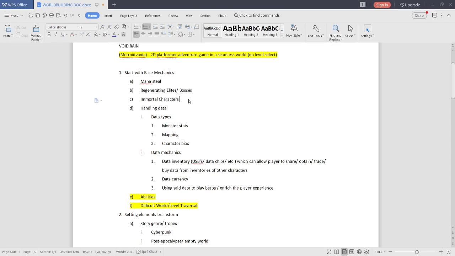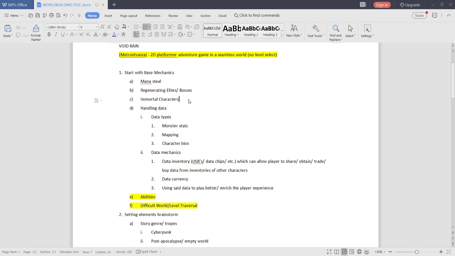But if you don't have that infinite respawn or a save-load system, then you don't really have to worry about this sort of disconnect. Since I do have a save-load system, I wanted to explain it somehow with immortal characters.